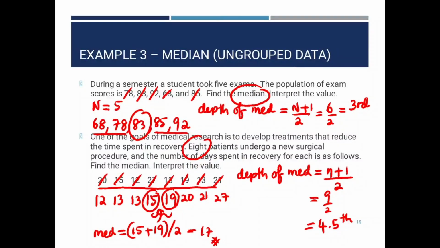Okay, and how are you going to interpret the median value? You will say half of the data are less than 17, while the other half of the data are more than 17. Or maybe you can say this way. Okay, this is about these numbers. The data is about